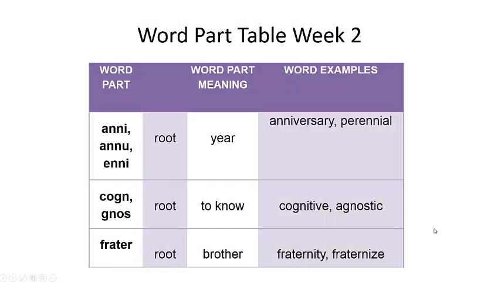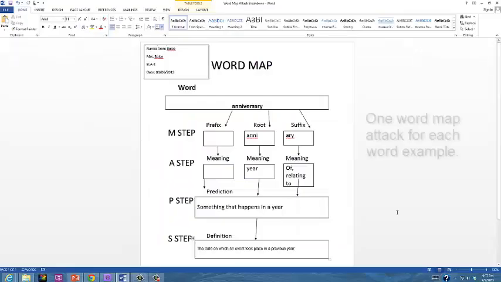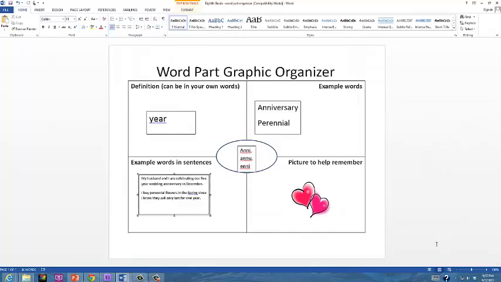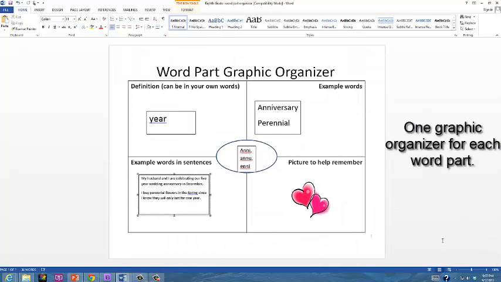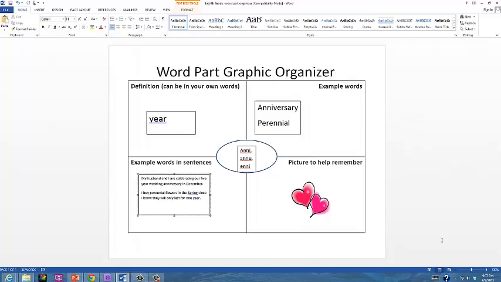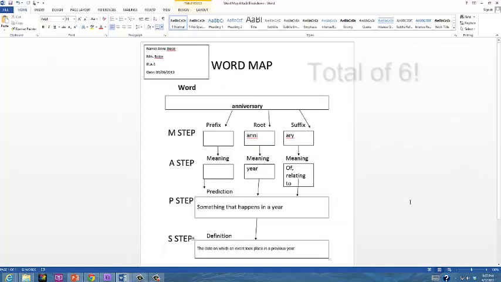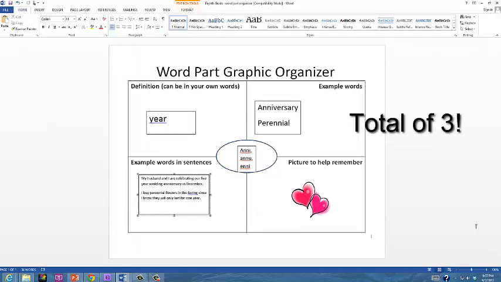You first need to copy down the word part table into your binder on a sheet of paper. Then you need to complete the word map attack breakdown and turn that in. Then you need to complete the word part graphic organizer as your final step and turn that in as well. Remember, you need to do one of these for each word part. And remember, you need to complete one word map attack sheet for each example word. You will have a total of 6 word map attack sheets, and you will have a total of 3 word